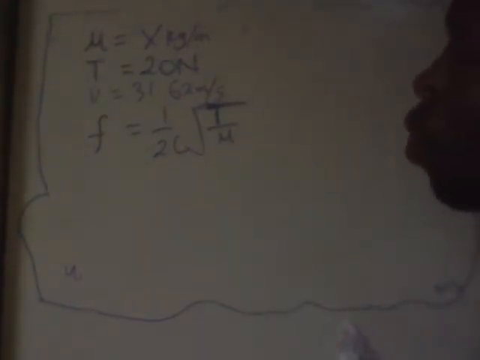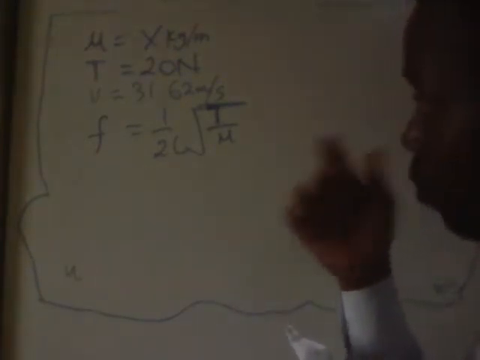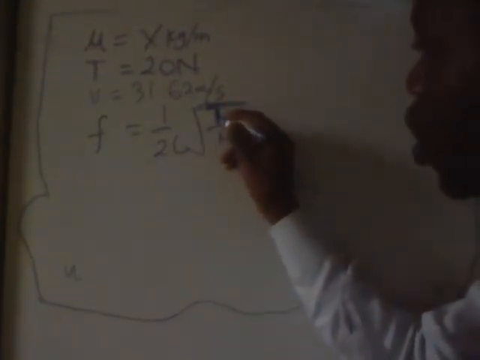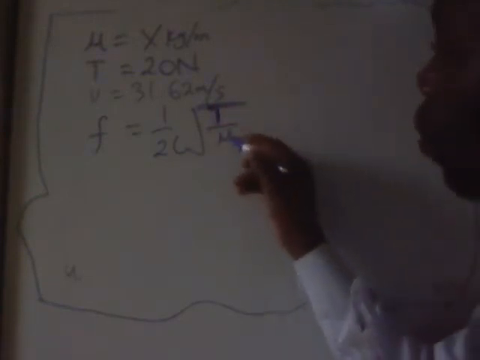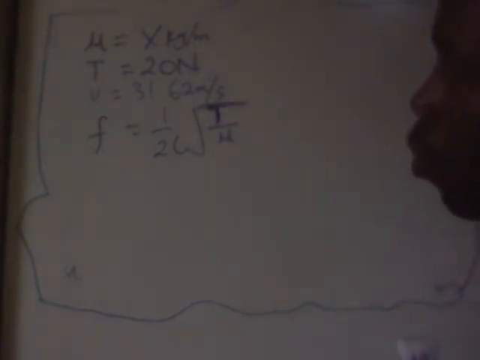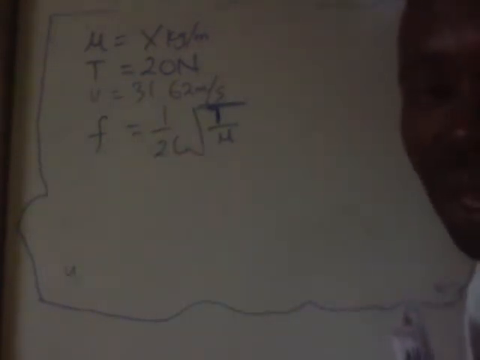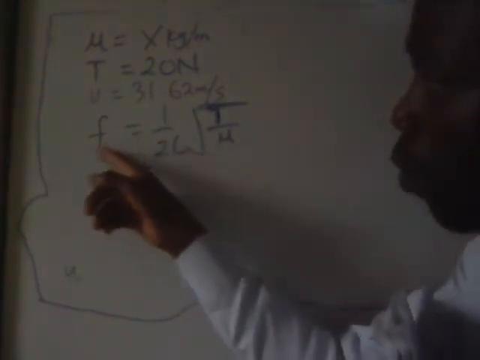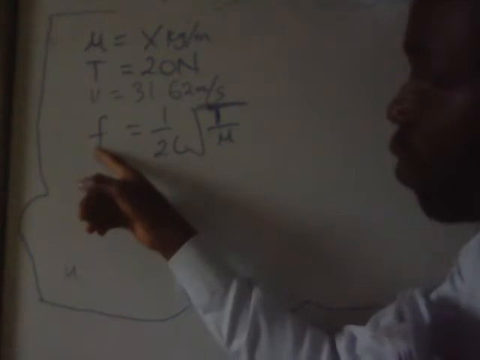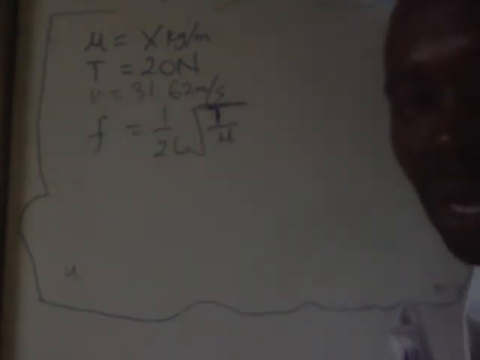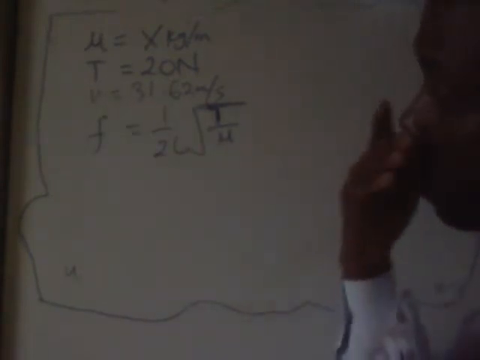Okay, so now you can see that if you are looking for T, which is the tension, we have mu, which we are looking for, which is x. We don't have length, we don't have frequency. We are not given length, we are not given frequency. We are given V. Are you there? So we now go back to